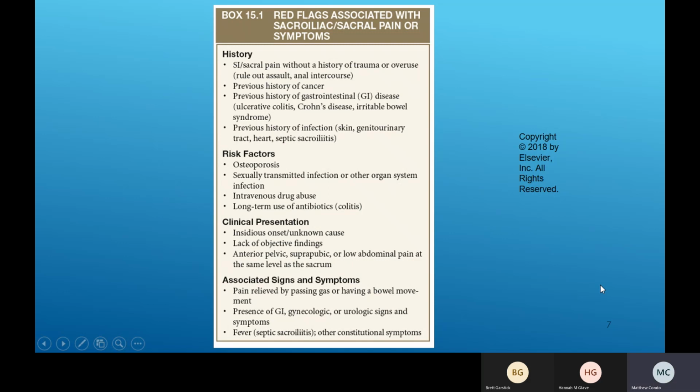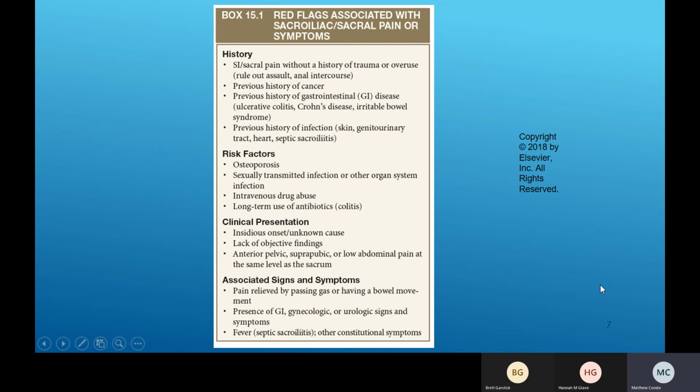Remember, previous history of cancer. That's a huge one. If I have a previous history of cancer, I have an increased likelihood that the next event is oncological in nature. Not definitively, but an increased likelihood. If they have previous GI disease, right? If they have ulcerative colitis, if they have something like IBS, irritable bowel syndrome,